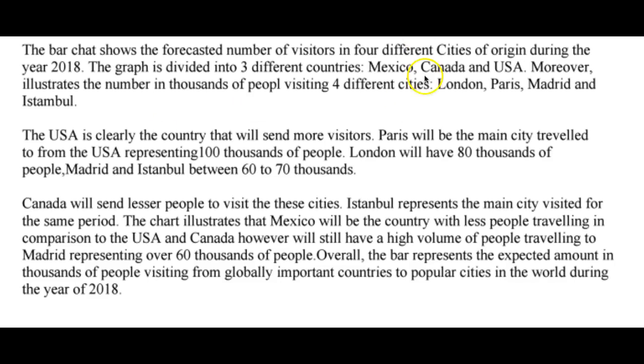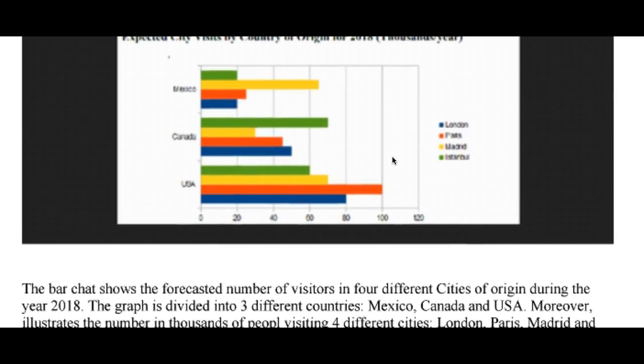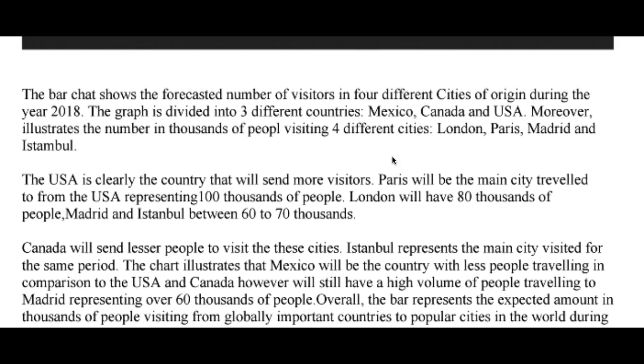Okay. Overall should be a new sentence, a new paragraph, because it's like your summary. Overall, the bar chart shows each country has a clear favored destination. USA, Paris, Canada, Istanbul, and Mexico, Madrid. However, London fails to reach the position of favourite regardless of country. Okay, and that's the exception that we're going to talk about. The general pattern here is that each country has a favourite, and the exception is London, which is not the